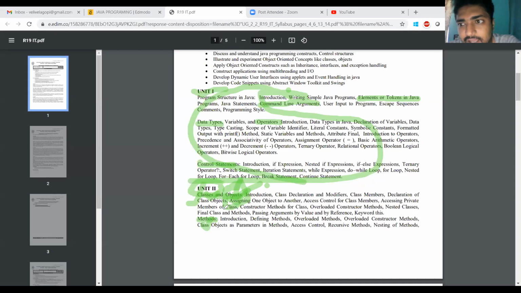Don't treat a variable as an object. Variables are the class members, attributes. Variables and methods are called class members. These class members are accessed through the object. By creating the object only, we can access the class members, either a variable or a method.